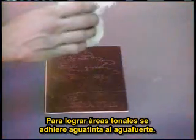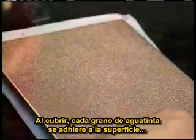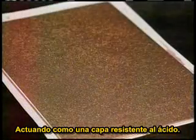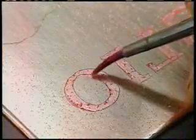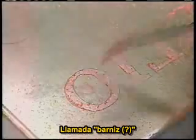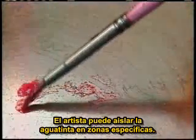To achieve areas of tone, aquatint is added to this etching. The plate is evenly dusted with a powdered aquatint rosin. When heated, each separate grain of aquatint attaches to the surface and acts as an acid-resistant ground. By painting some of the areas with an acid-resistant solution called stop-out varnish, the artist can isolate the aquatint in